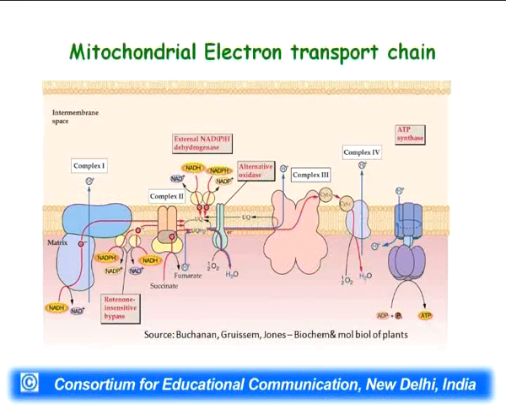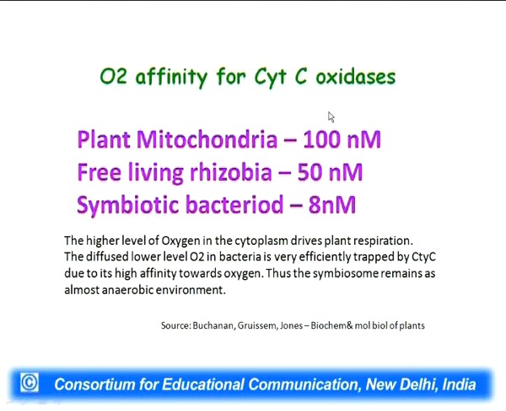So, you see this slide. This slide shows the electron transport chain, and this is a bit complicated. We do not have to look into it. There are complex 1, complex 2, complex 3 and look at complex 4. This is the complex 4 that binds with cytochrome c, takes oxygen and oxidizes cytochrome c, and water is formed by reducing oxygen. Look at the affinity of cytochrome c oxidase for oxygen. Plant mitochondria,